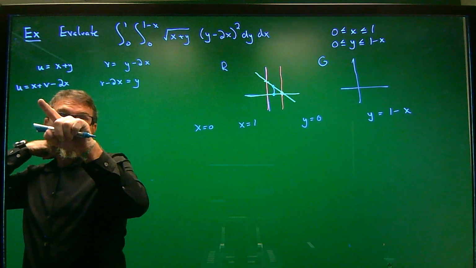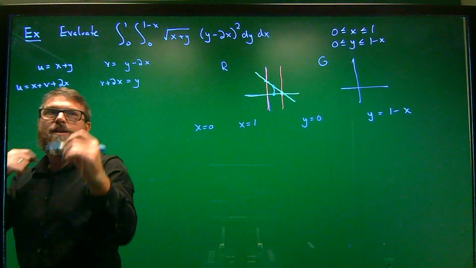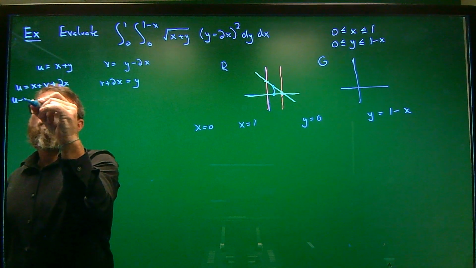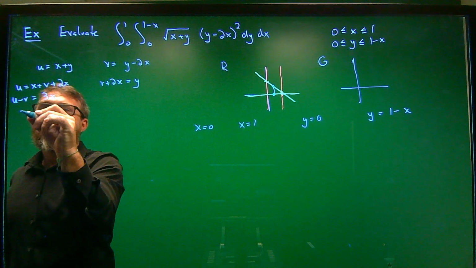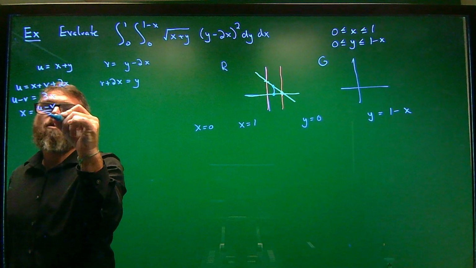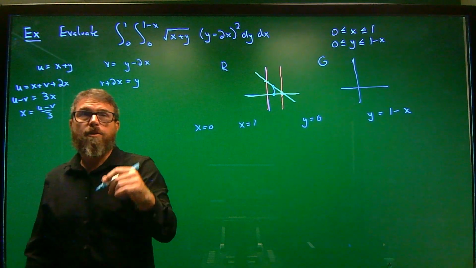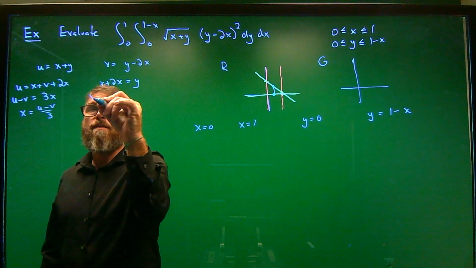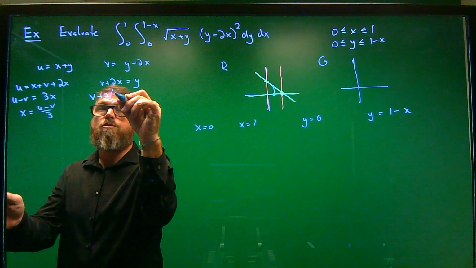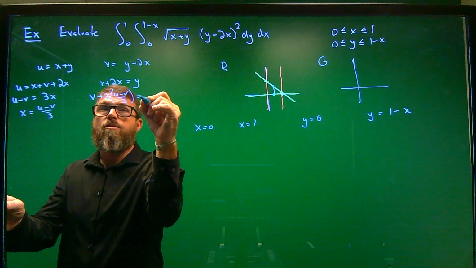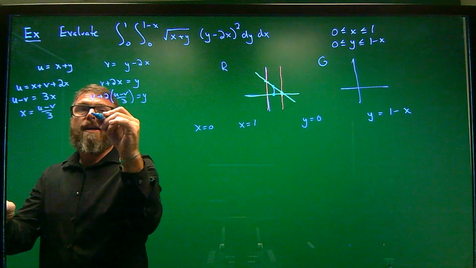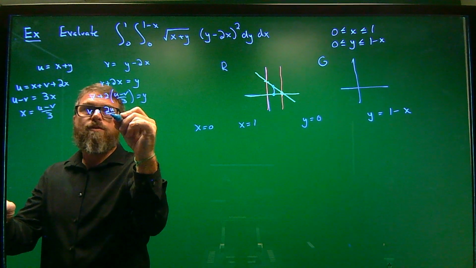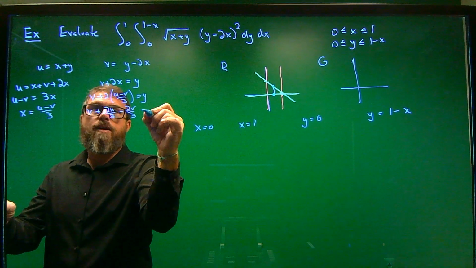So this is a plus, this is a plus. So x plus 2x is going to be 3x, and then minus the v, so u minus v is going to be equal to 3x. So then x is going to be equal to u minus v over 3. And then similarly, I can plug this in and I'll have y in terms of u and v. So v plus 2 times x, which is u minus v over 3, is equal to y. And then simplifying, I'm going to have v plus